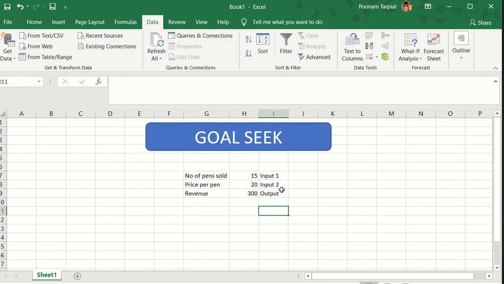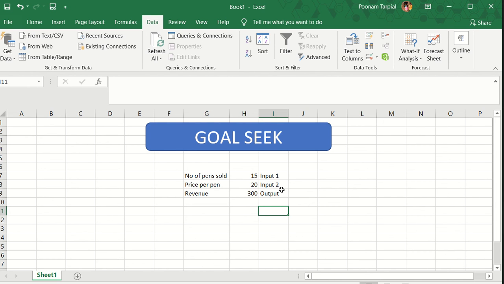Let's say he is saying that for tomorrow you need to generate a revenue of 3000. Now you know the output, but your supervisor is asking you how many pens you need to sell for that. So the goal seek formula is going to be very helpful for that.